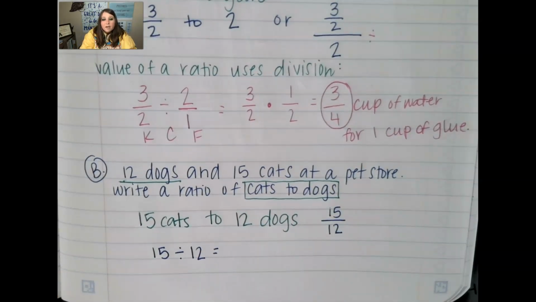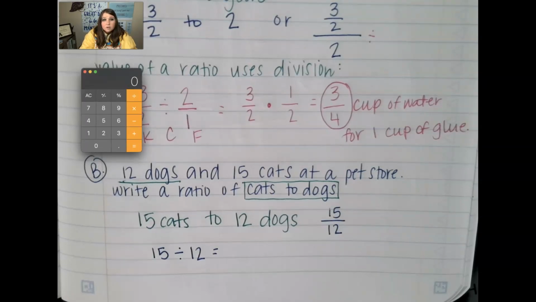How many cats for every 1 dog? So how many cats for every 1 dog? So 15 divided by 12 gives us,